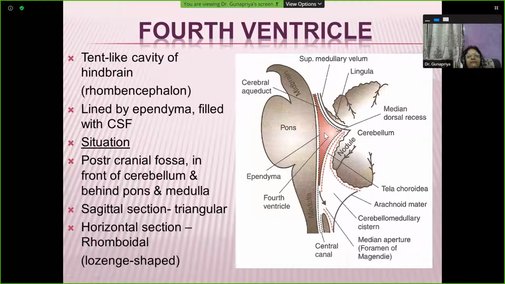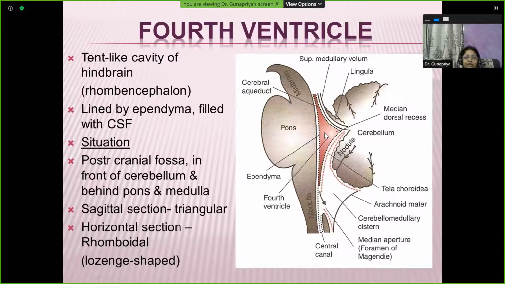So what do you mean by ventricle? The literal word ventricle means it's an expanded sac-like structure. That's why the lower cardiac chambers are known as ventricles, because they are sac-like structures or cavities filled with blood. The stomach is also otherwise known as gaster or ventriculus, and ventriculus again means a sac-like structure containing food, or a reservoir for food. So the word ventricle means it is having a collection of something. Here it's going to be your cerebrospinal fluid.